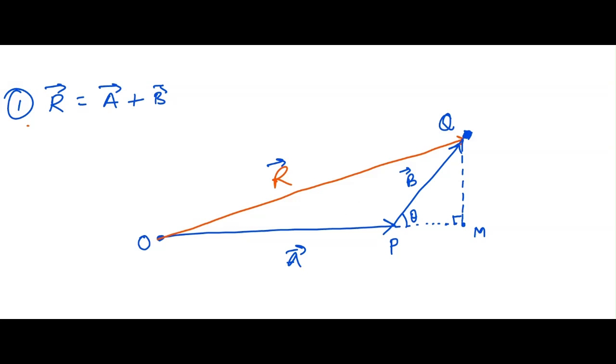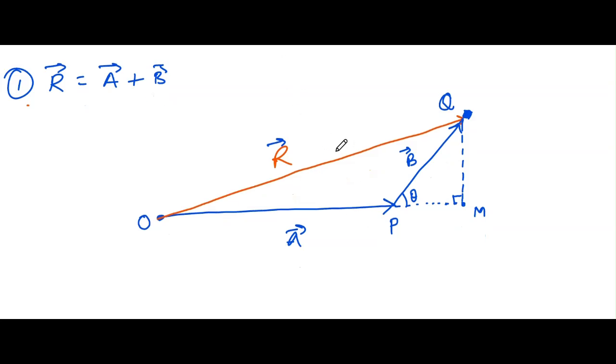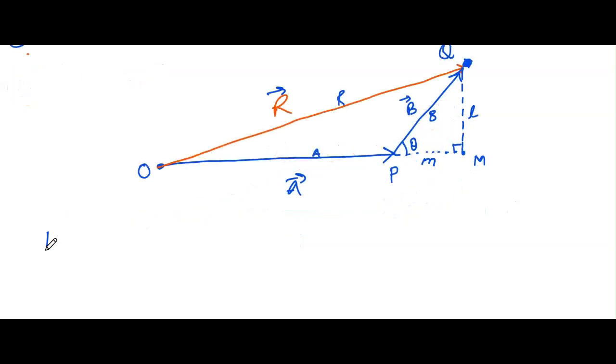Let's say the length of OQ is R, the length of AP is A, and the length of PQ is B. And then we can say this QM, let's say L. So in triangle OQM, this triangle,